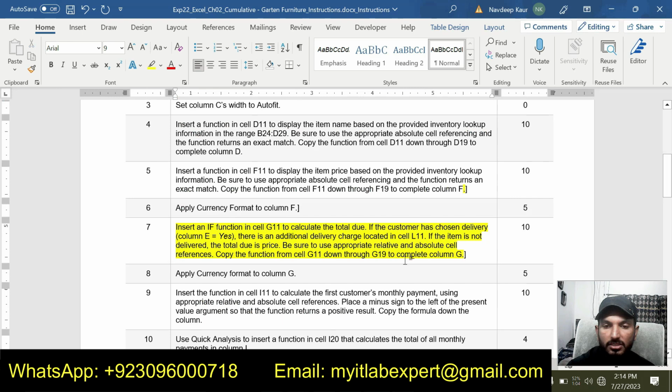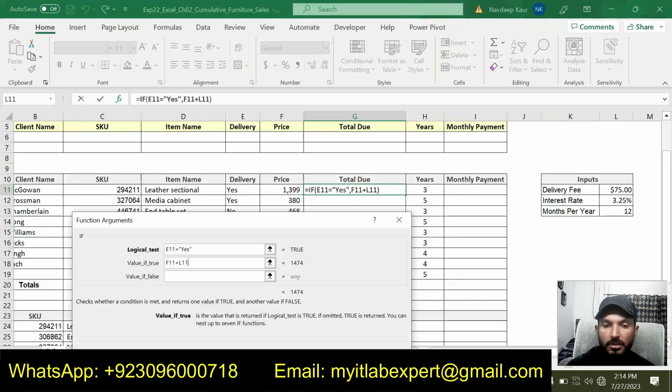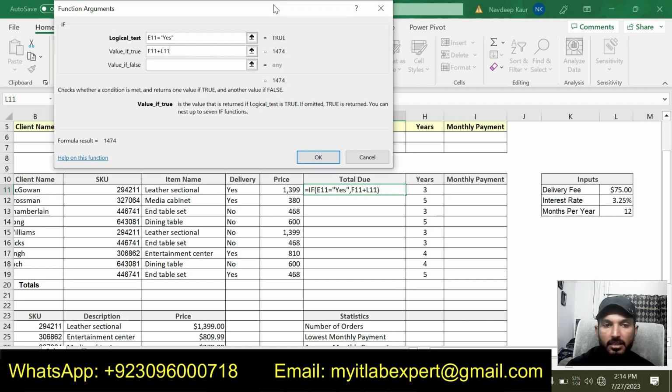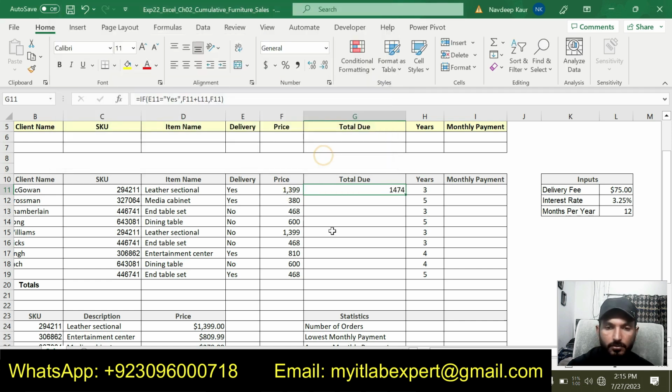As mentioned in the instruction, there is an additional delivery charge located in cell L11. So I am simply showing that if the customer is taking the delivery, if E11 is equal to yes, then the price will be price plus L11. Otherwise, it will be only equal to price, that is F11.